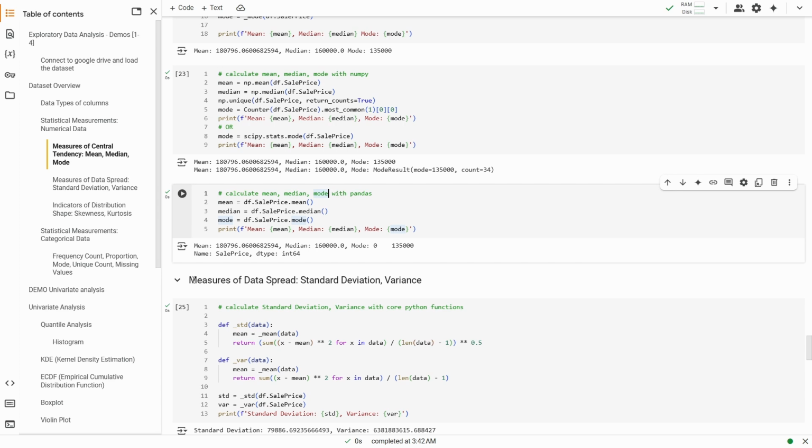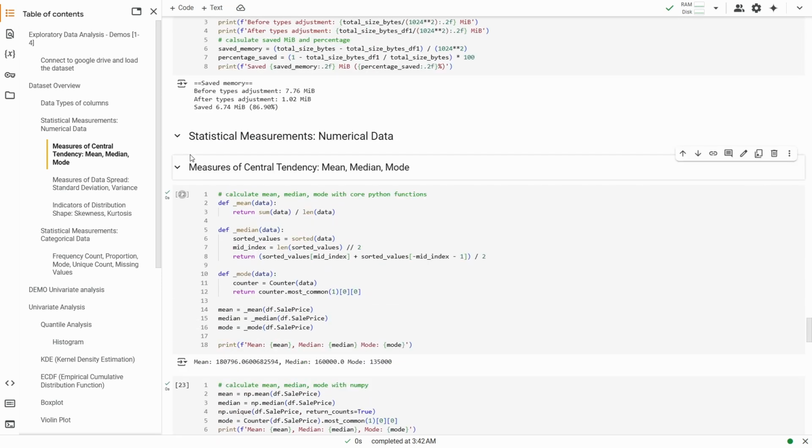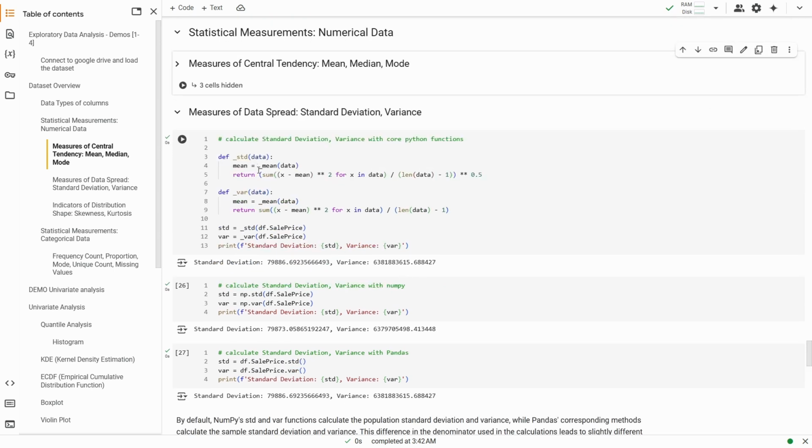And this is like the measures of central tendency. What if we want to calculate the data spread, standard deviation and variance? We can do so. We can use the existing formula and calculate them by ourselves, or by using,